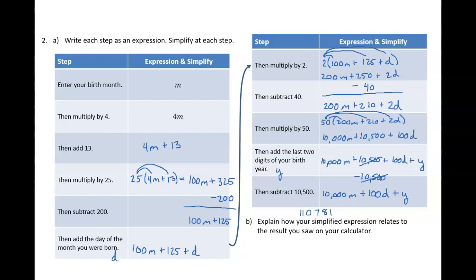Well, here's a question for you. What happens to a number when you multiply it by 10? I'm going to move up to the top here where I have some room. If I start with the number 11 and I multiply it by 10, I get 110. If I multiply it by 100, I get 1100. If I multiply it by 1,000, I get 11,000. And maybe you see a pattern here